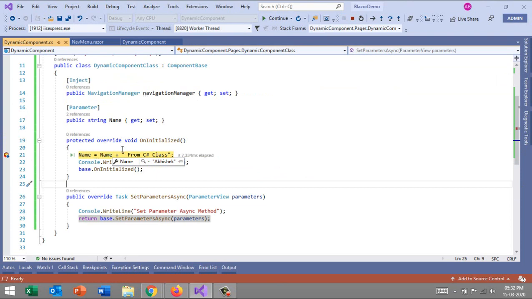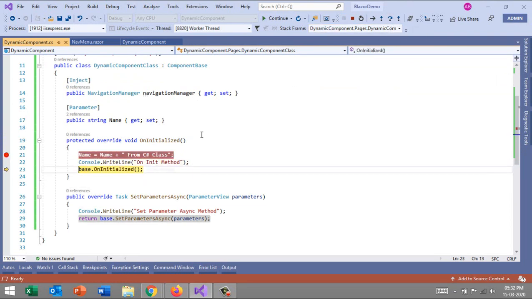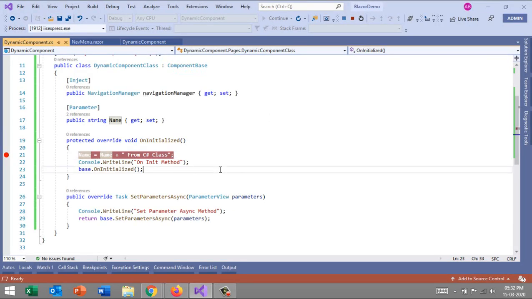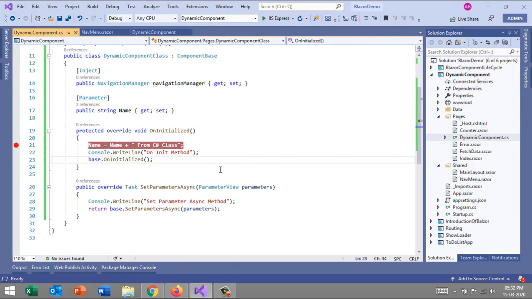Yes, we received the parameter, and the whole string is generated based on the user's input. Now that's done. We are not rendering on the UI, right?